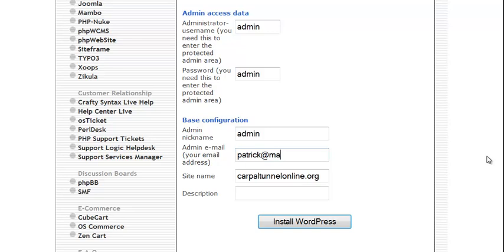We just put that email in here, and the site name. So here you will put the site name. In this case, we want to call it the main keyword, whatever the main keyword is, which is in your domain. That's how we will name it. And the description I usually leave alone, and we can go back to that later when we go into how to structure the website. So all you do now is just install WordPress,